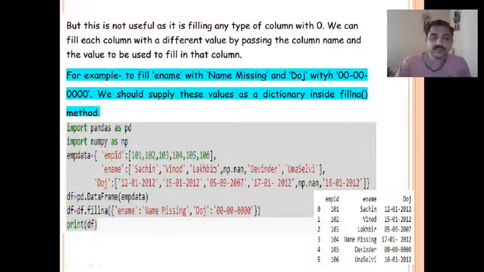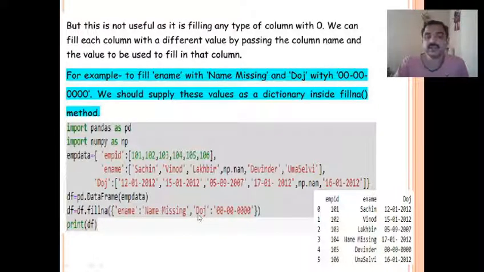So you know that the data frame is created here, and in this data frame there are two NaN values. So you want to display the name as 'name missing', and the date should be displayed as 0000 and 0000. How to fill that, we'll see here. df = df.fillna and pass a dictionary where you can specify ename should be 'name missing'. So the key should be ename, value should be 'name missing'.